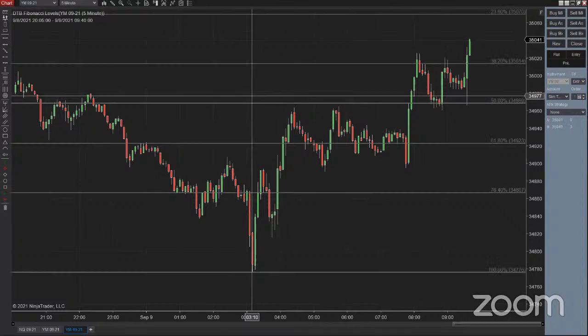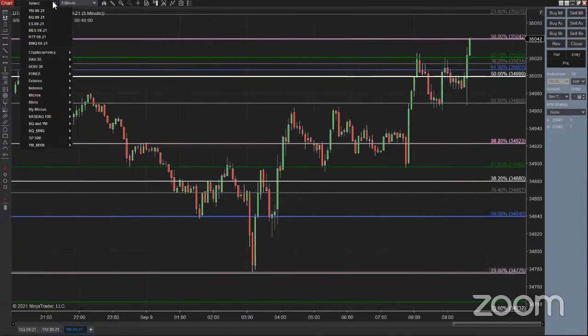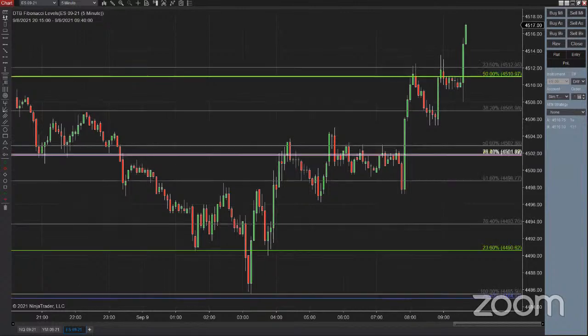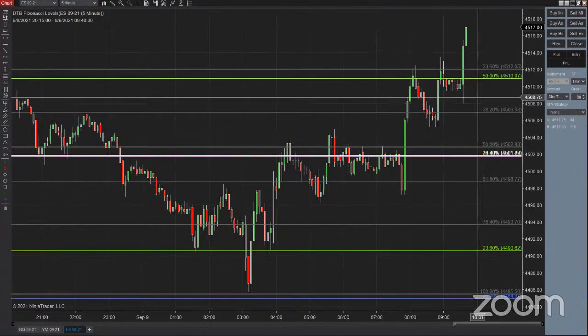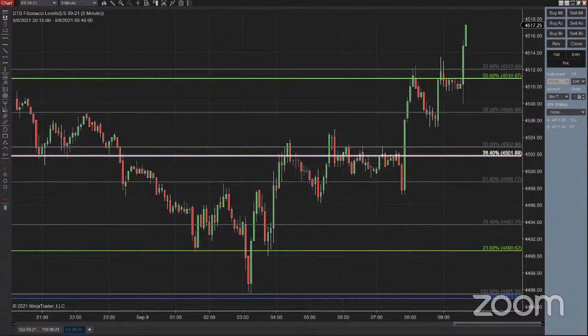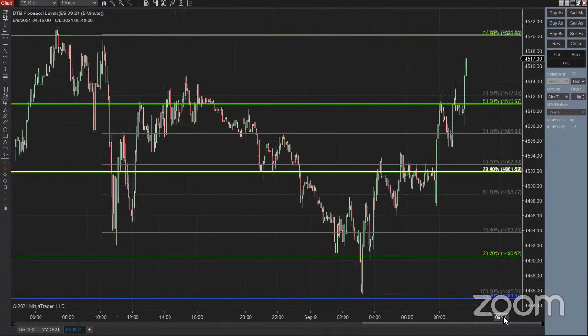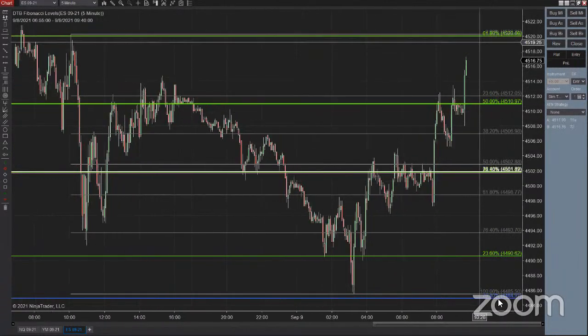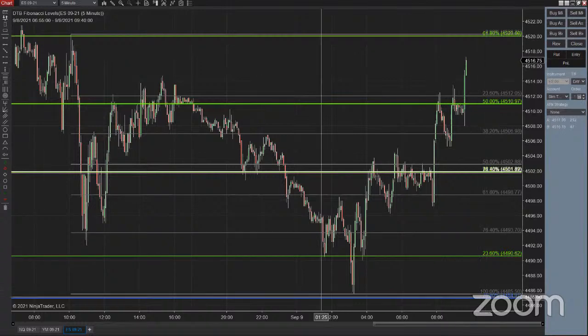Okay, we'll quickly look at the ES just for interest's sake and see what's happening over there. Again, a close above the 50 happening right now. So that was a beautiful option to also jump into a long. That's why these Fibonacci levels are so powerful and potent. Coming close to the 61.8, so a little run to that. Okay, wait, I'm going to pull this aside